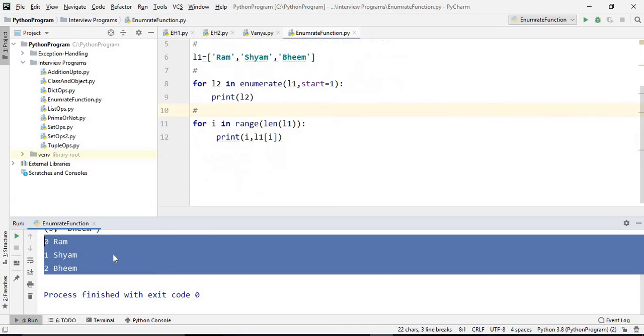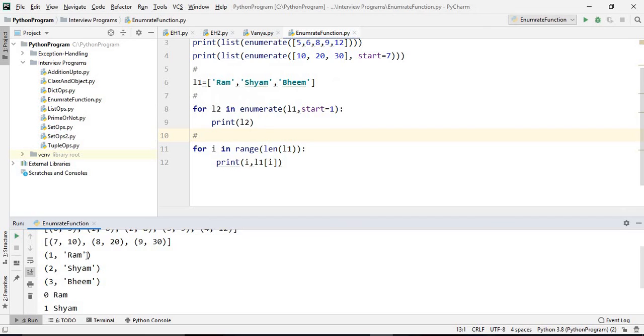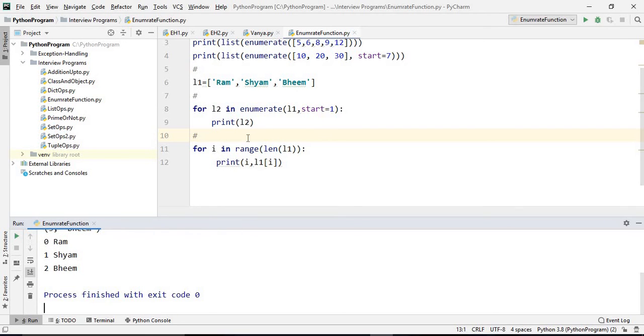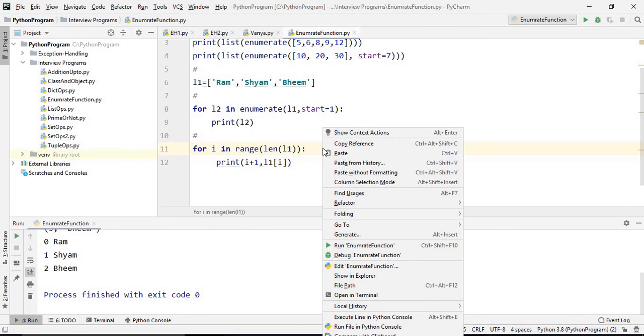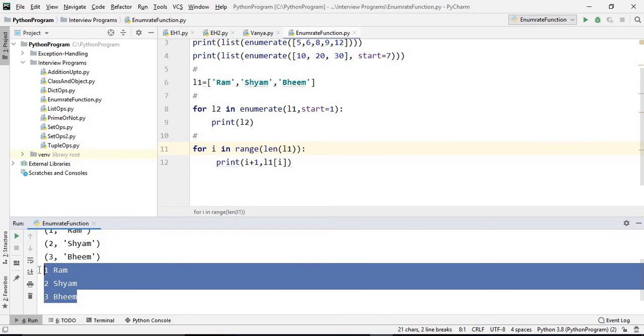Okay, in this way I can represent. So this is the basic difference between enumerate and range. See, if I mention i plus 1 here, then see what happens. See, then it becomes 1, 2, 3, and here in the function already, start equals to 1. So these are the basic differences.